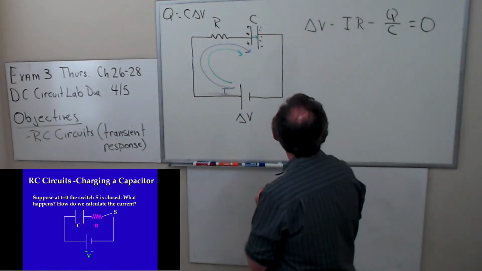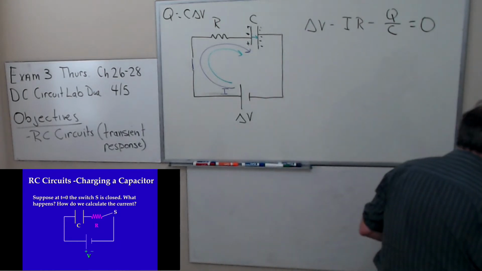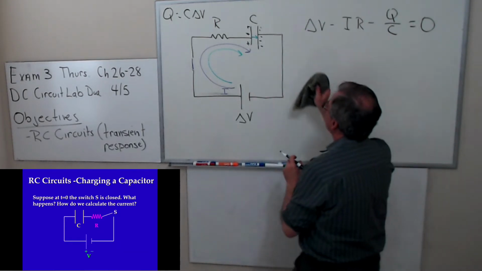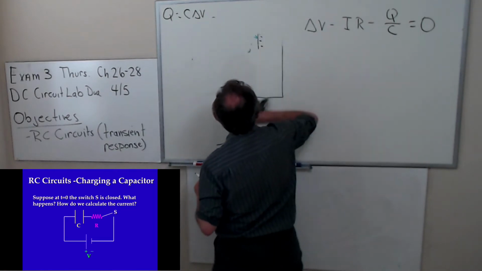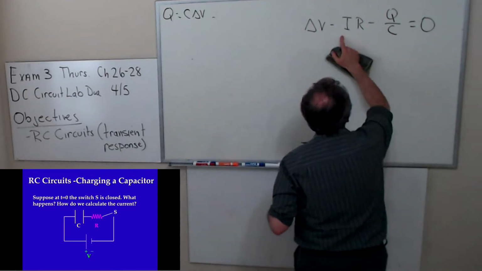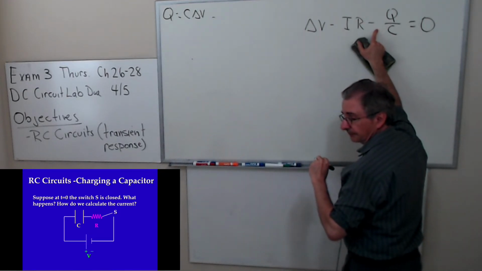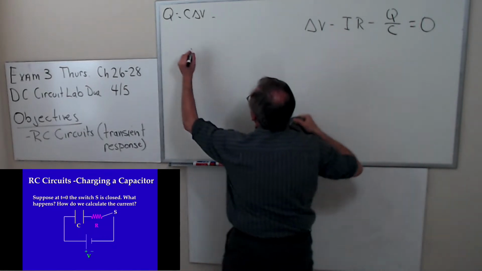All right, so I'm going to erase my circuit real quick because I got to do some math. Not a lot of math, but some math. Now, how is I related to Q? It's the derivative of Q with respect to time. Okay, so I can write,